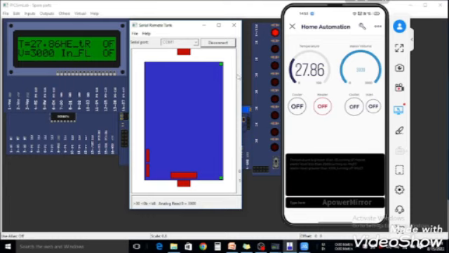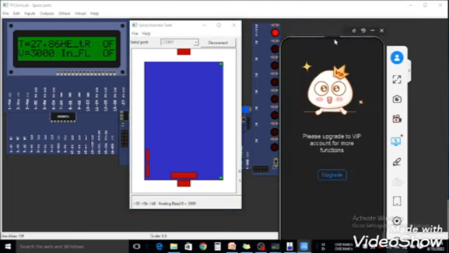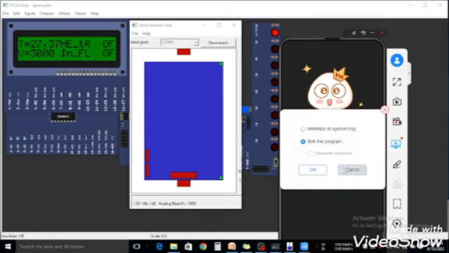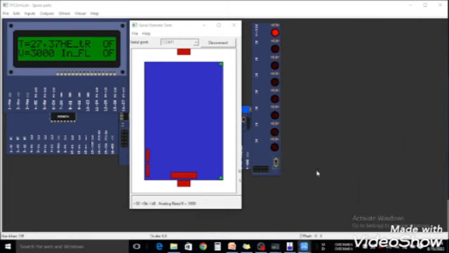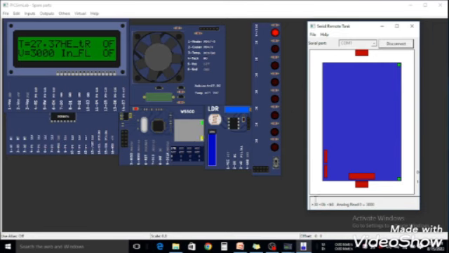So this was about the entire project, the home automation solution. We have controlled the garden lights, we have controlled the heater and cooler, and we have also displayed the temperature on the CLCD, also the status of the heater and cooler, the status of inflow and outflow, and the volume of the water on the CLCD. So this was about the simulation of the project.